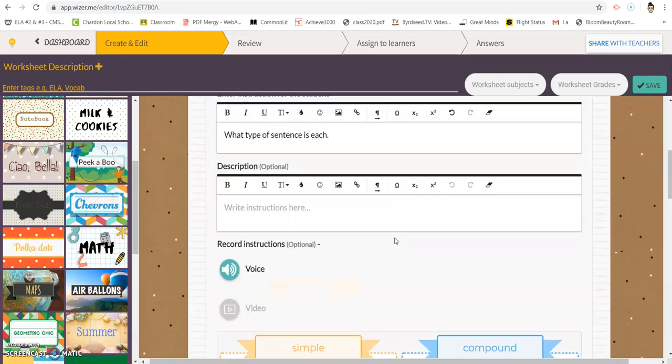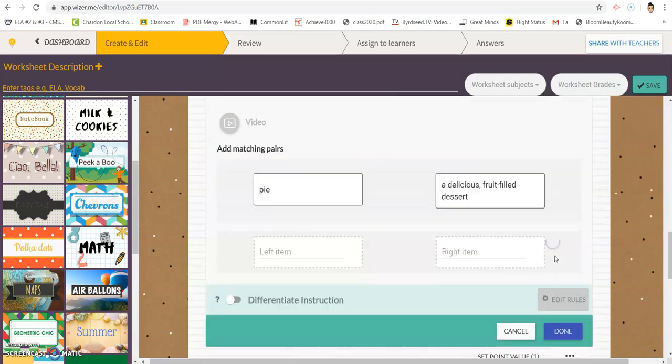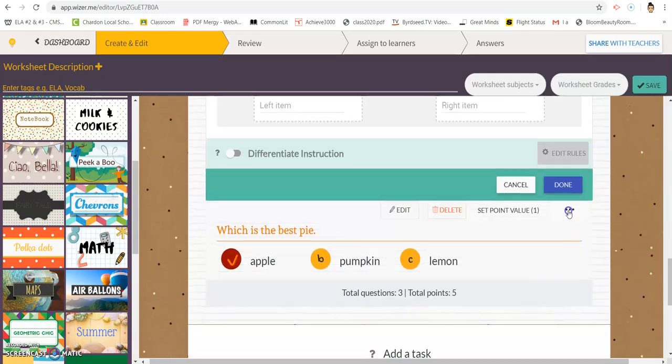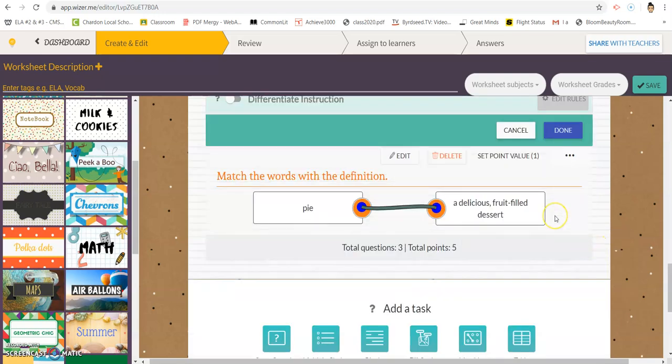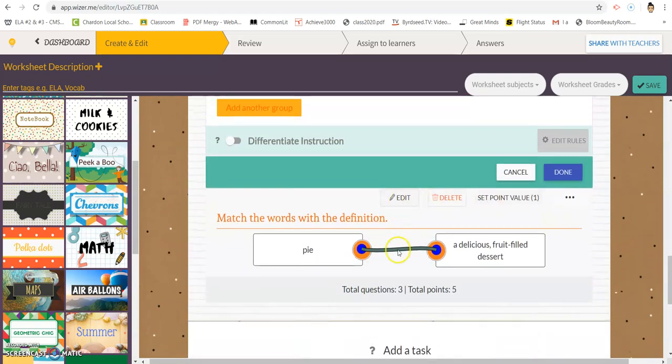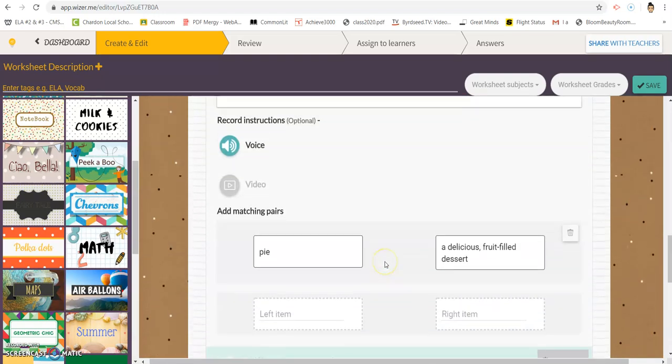So one other thing is, once you have all your questions in here, if you want to reorder them, there are these 3 dots over here. It'll ask you to change the questions order, and so you can move questions around. Maybe I want this one to be question 1, up at the very top. If you need to edit it, you have to click on the question, and then you can edit